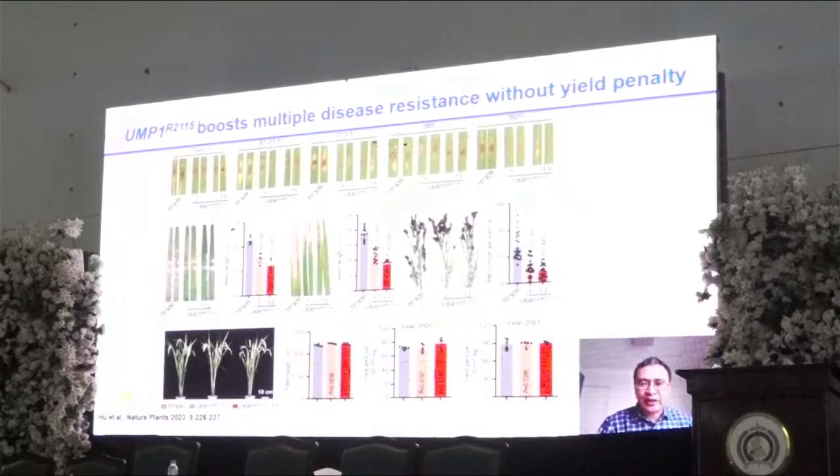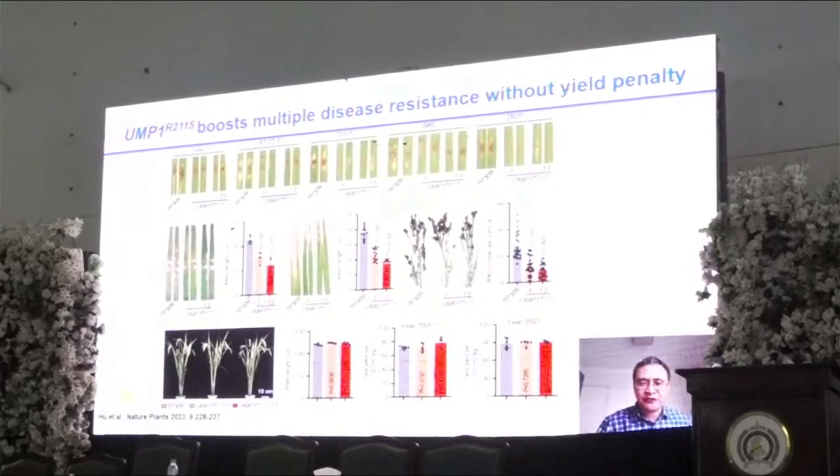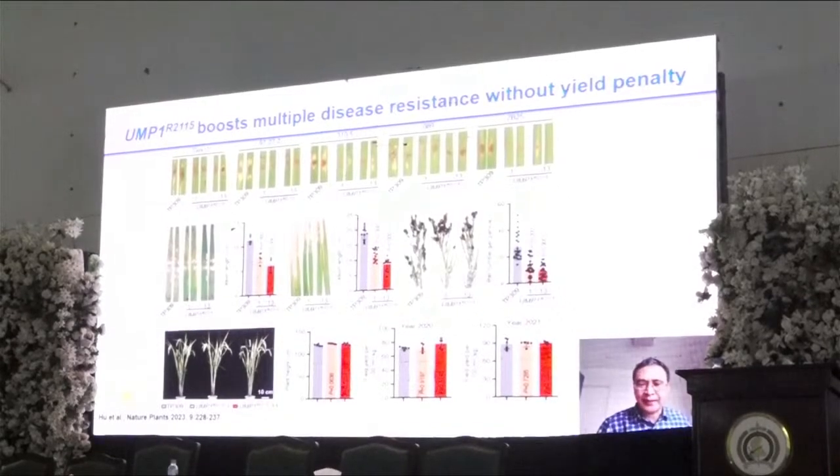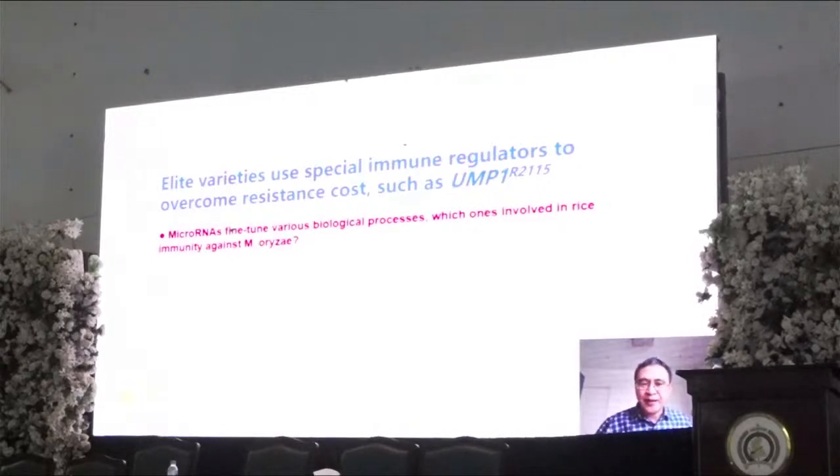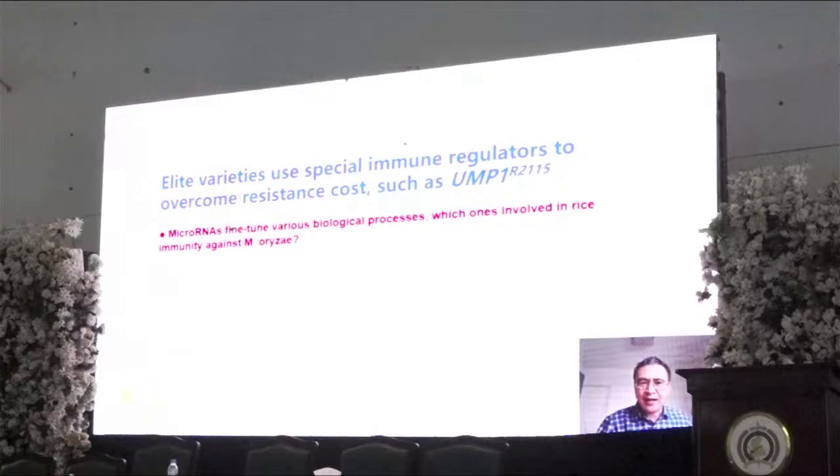We checked quite a few different strains, and they enhance the resistance to sheath blight and bacterial blight and the rice false smut disease. But the other traits have a low difference between the wild type and the lines carrying this gene. So we can make a conclusion that elite varieties use special immune regulators to overcome resistance costs, such as UMP1 or YH2115. And the next question is, because microRNAs fine-tune various biological processes, which microRNAs are involved in rice immunity against